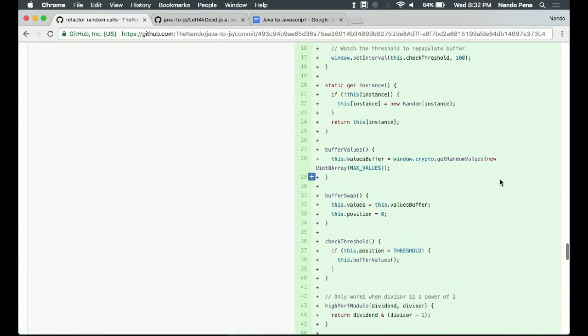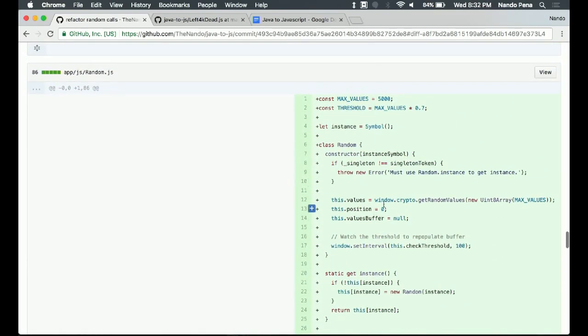The only extra interesting bit here is I have a singleton pattern that I'm applying, so I only have to create the random number generator once. Who knows what a singleton pattern is? A lot of y'all do, but I'll go ahead and mention it again.